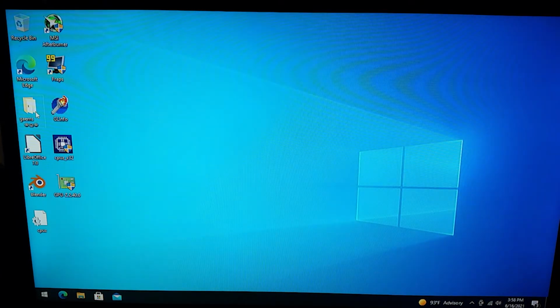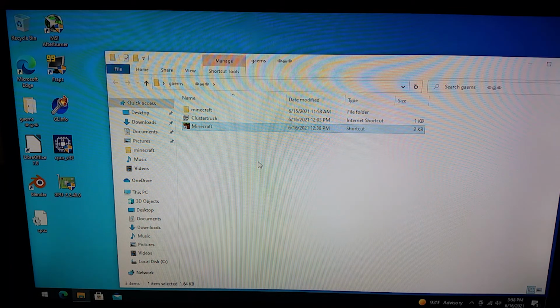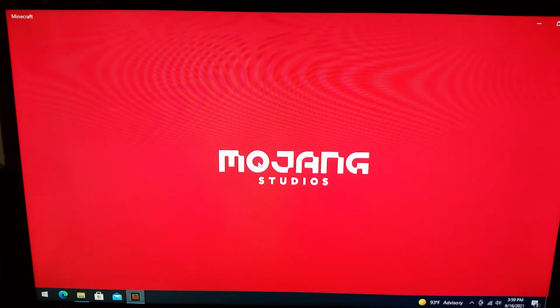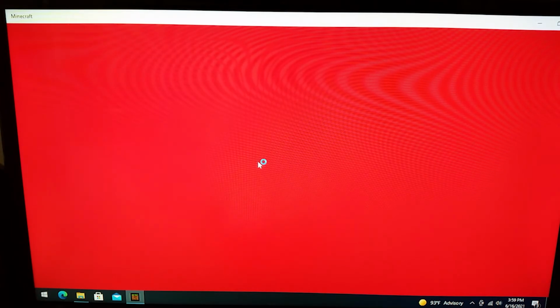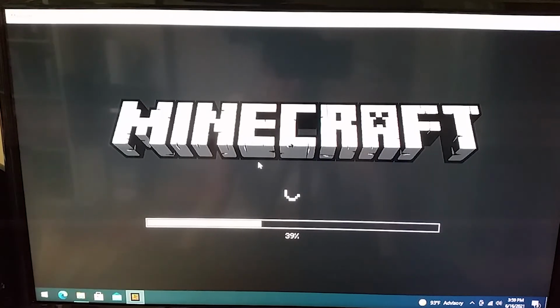There is still one saving grace for this nettop though, and that's Minecraft Bedrock Edition. I'm not even gonna touch Cluster Truck after what I had to go through for Java Edition Minecraft, but Bedrock Edition, as what was originally a mobile game on Android and iOS and eventually ported over to Windows 10, is a lot more lightweight as far as getting it to run goes. Sure, you can still clearly tell that it is struggling to even open right now, but in-game it's so much better. I can't bring up a specific FPS count because MSI Afterburner doesn't want to work, and Fraps only really hooks onto OpenGL games, but